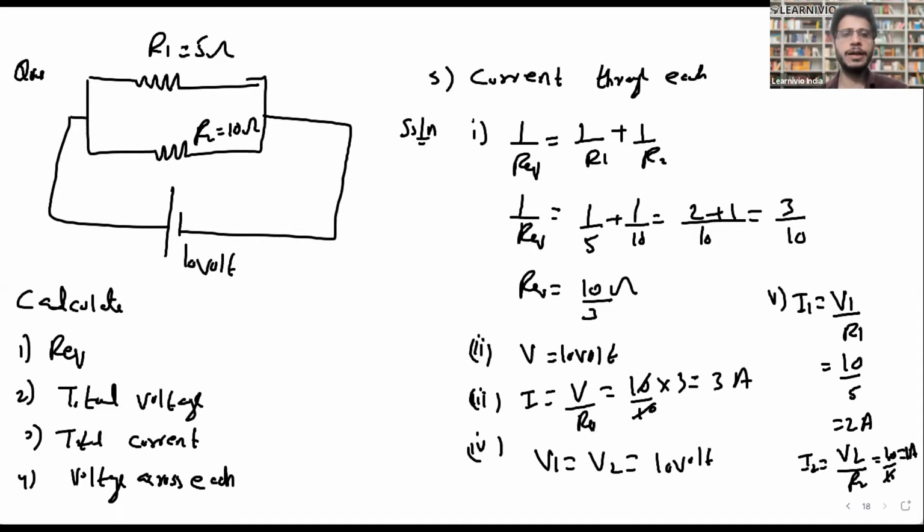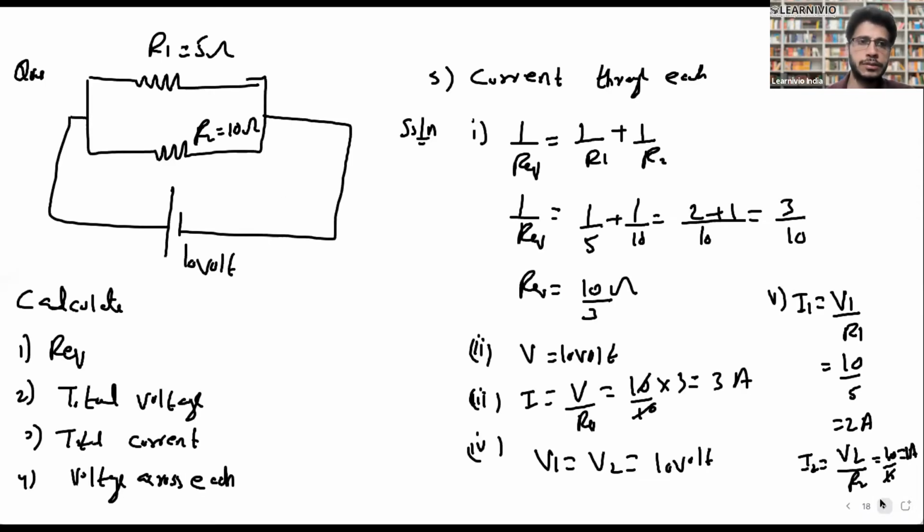Is it clear, all parts? Yes, sir. Okay, so these were basic circuits. Now you know how to solve circuits of capacitor and resistors. The next type of circuits that we will do will be combinations of these circuits. So the first circuit that we will be doing. Can I change the slide? Next circuit that we will do is